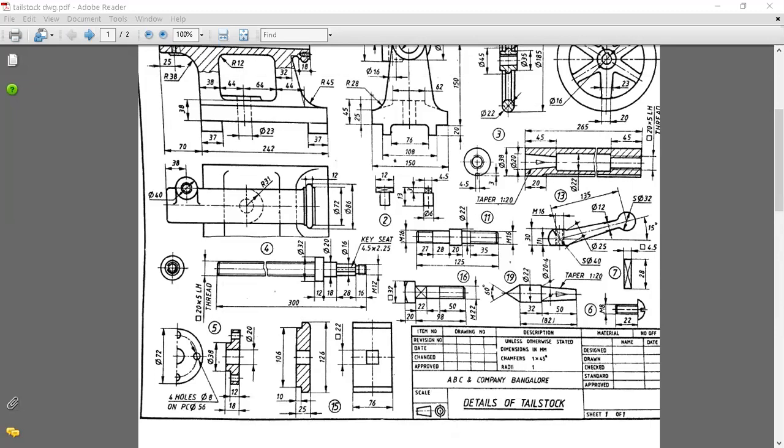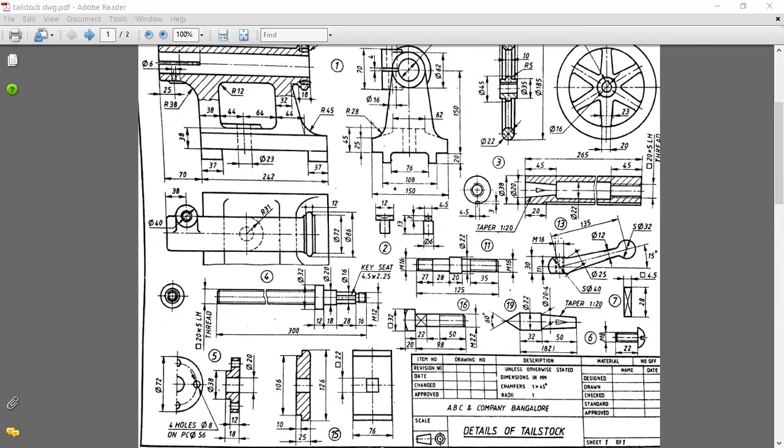So for that M22, you already know the standard dimensions for washer. That is, inner diameter will be D+1 and the outer diameter will be 2D and thickness will be 0.15D. So like that, you have to calculate the washer dimensions by standard relationships.